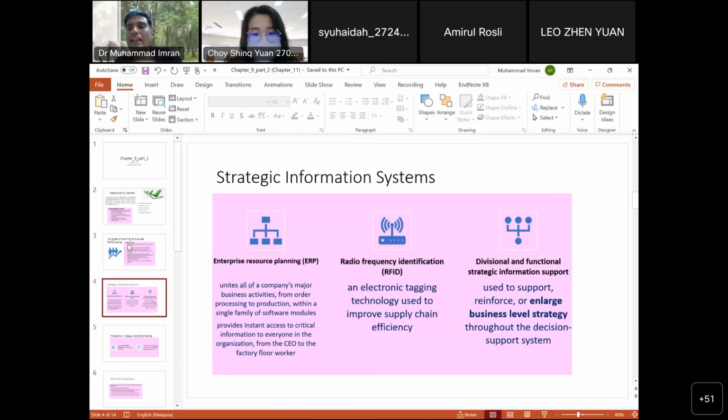Another thing is maintaining a supply chain. RFID, radio frequency identification. These are maybe different chips pasted on the mouse, or on goods being transported. Basically, why are we using all these systems? To avoid theft, maintain the actual inventory, and we can transport. Understand? And this system, RFID, is particularly used for that.